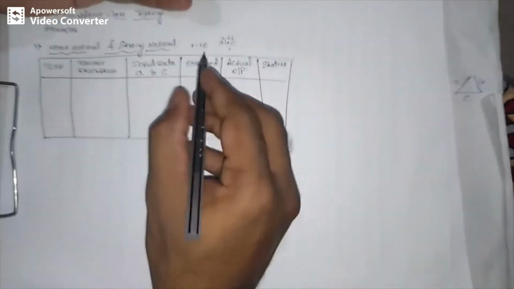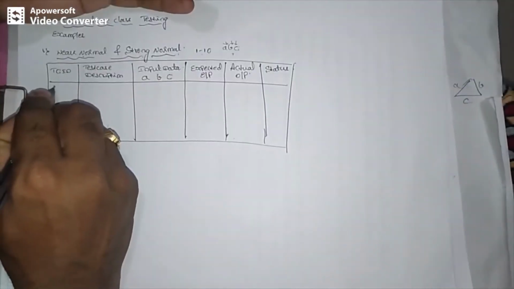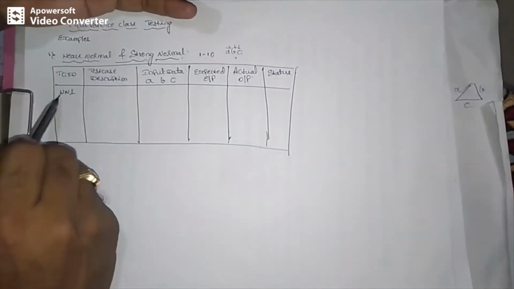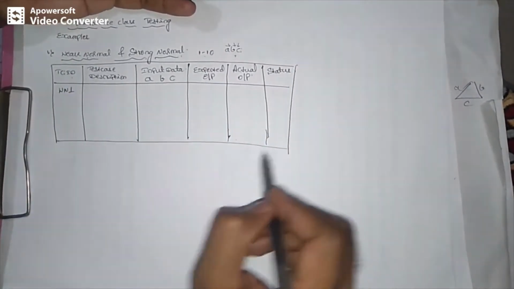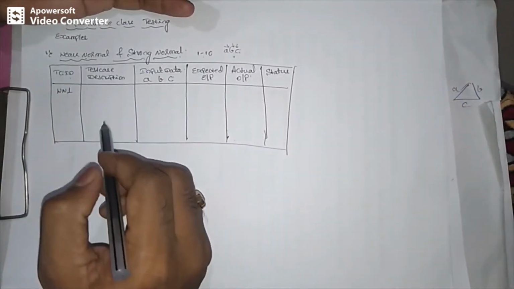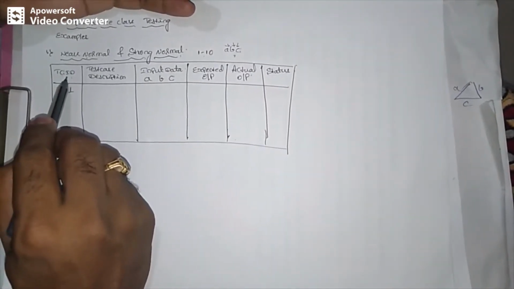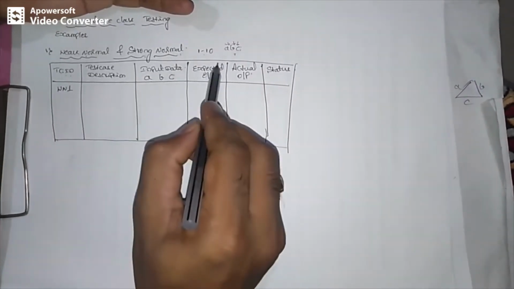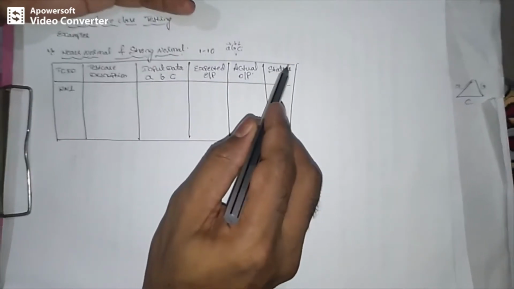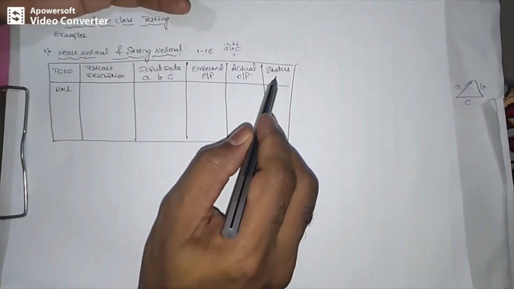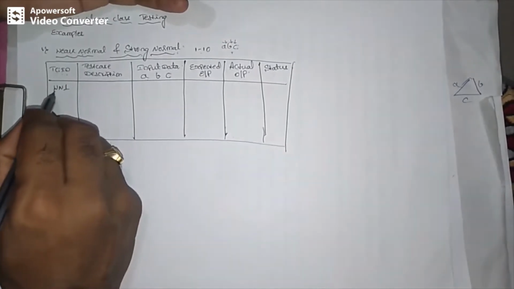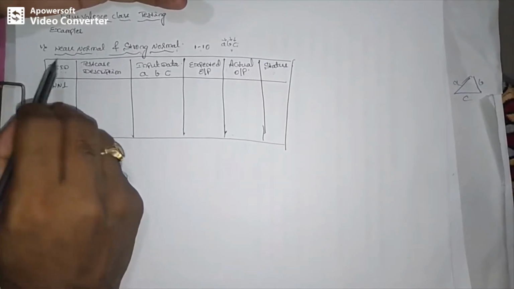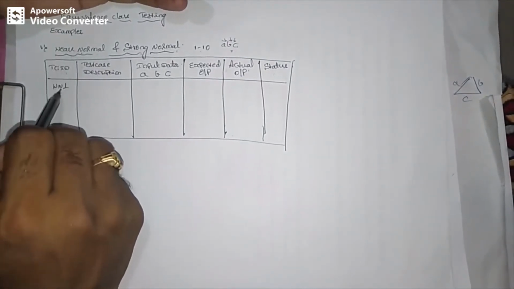Here is how to write those test cases. I told that we are going to generate four test cases. This is how we need to specify the test case table. The test case table has to include test case ID, test case description, input data, expected output result, actual output result, and the last one is status. For the test case ID we specify WN1, WN2, WN3 in this manner. The WN indicates weak normal test cases.